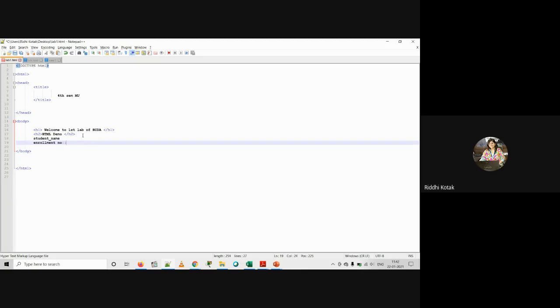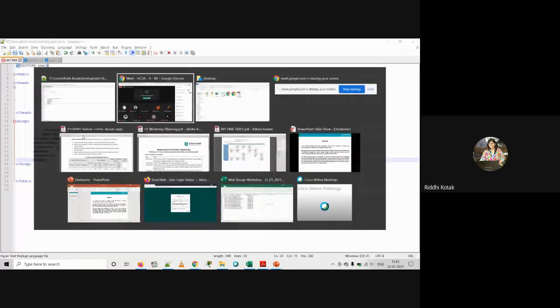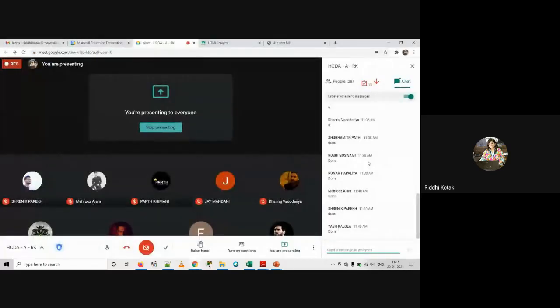Whatever your enrollment number. Student name, enrollment number, then institute ID. You can write your address, contact number, and then you have to write your gender. So these are the six things you have to change in your code using H1 to H6 tag.